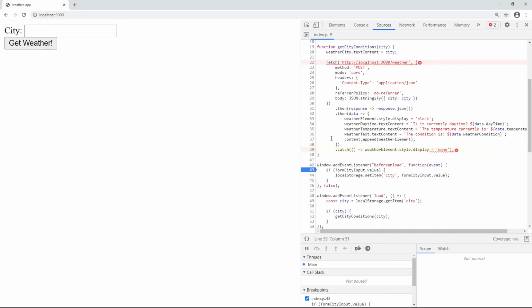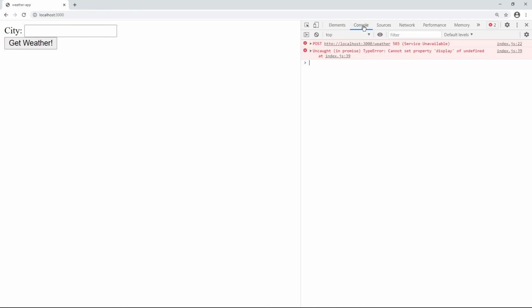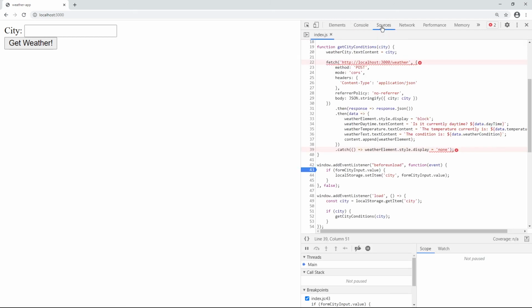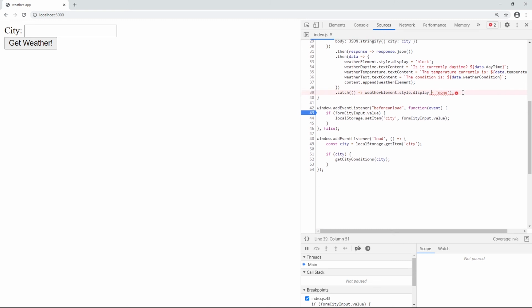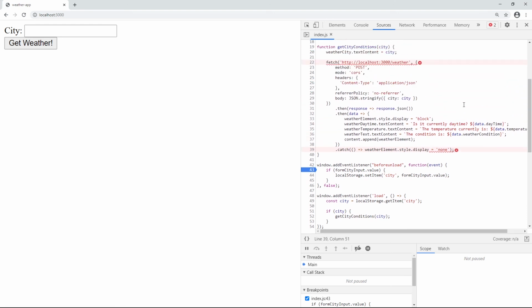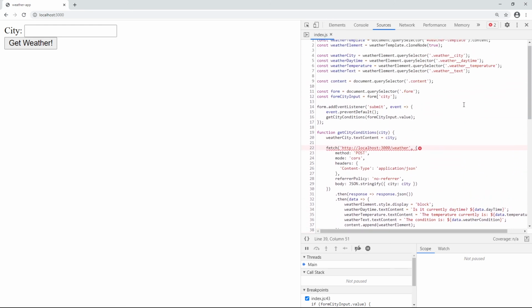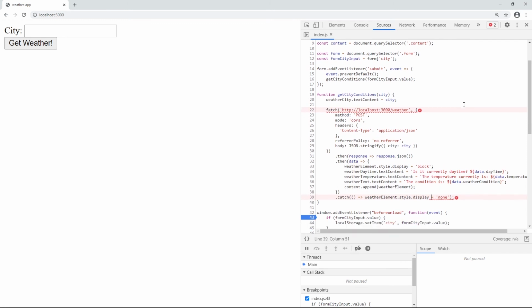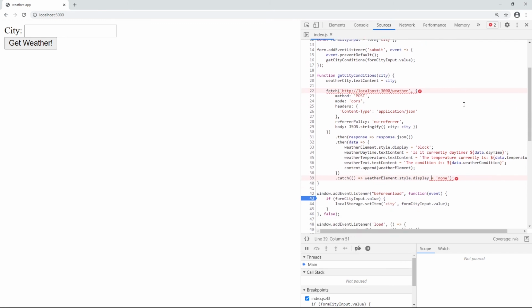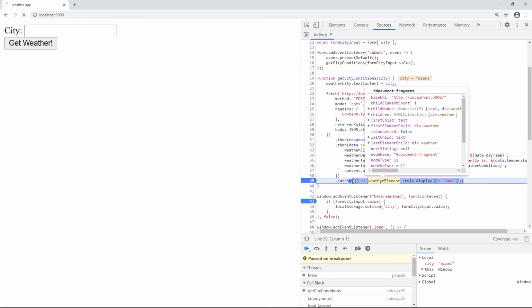Okay, so we're not even able to set form city input value, display of undefined, other element style dot display, if the city, other element, at city conditions. Hmm. I wonder why we're unable to actually set. Ah, it's a document fragment.